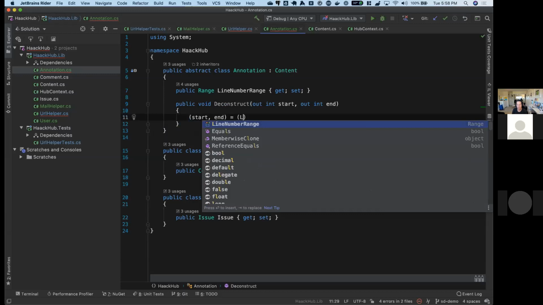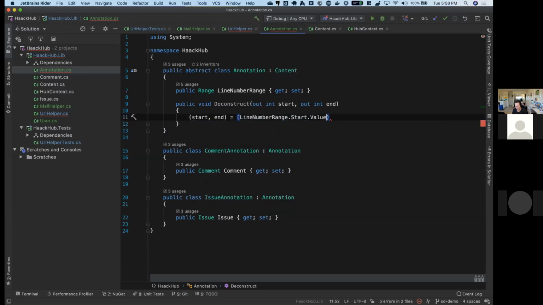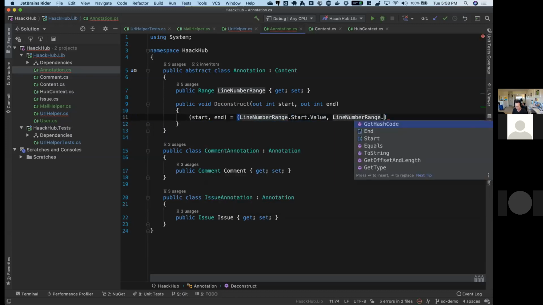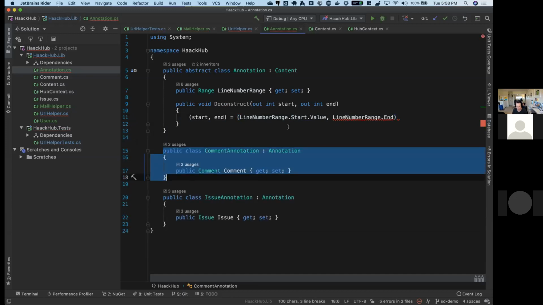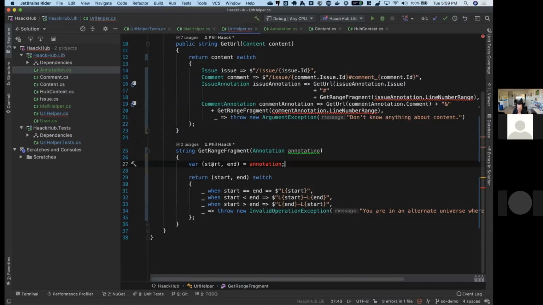And if you're not familiar with tuple support, which was added in C# 7, this provides a really nice way to set two variables. So this is basically setting the start variable to the first thing here and the end variable to the second thing here. So you can set two variables at the same time like this. And this is setting the out start, the out end, right? Start, end. And now if I go back to here,